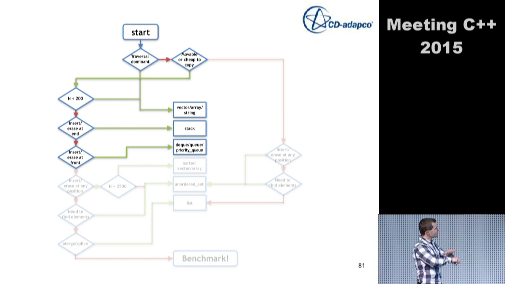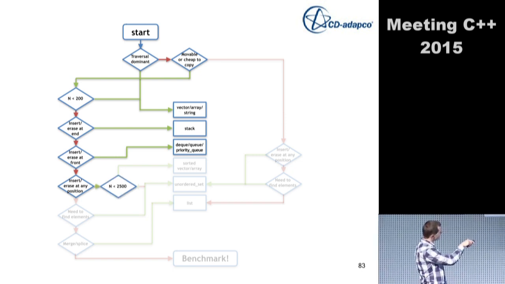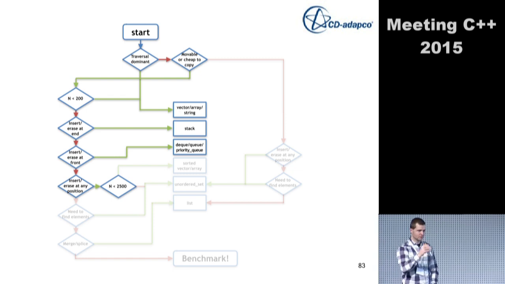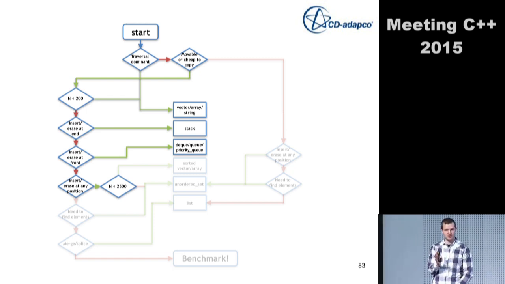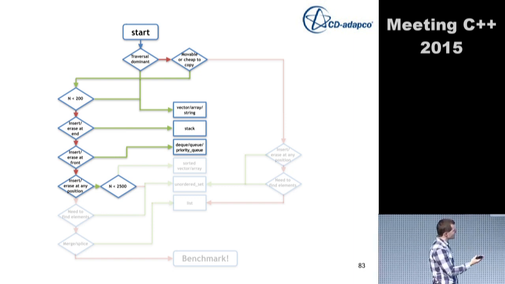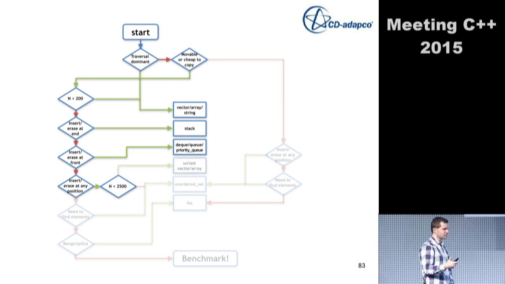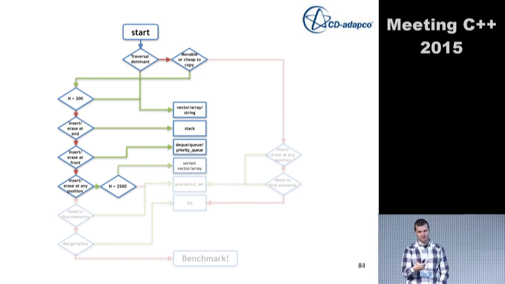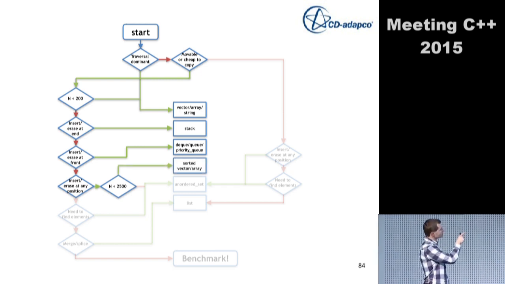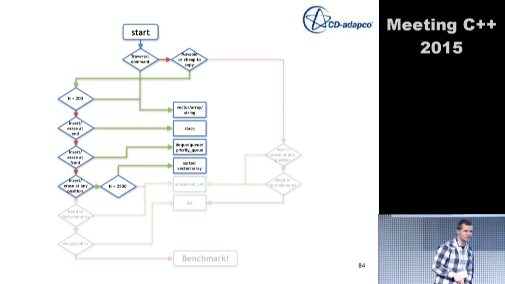If I want to insert or erase at any position, then again, I should make a decision about how many elements there are. If I still have a fairly small number of elements, 2,500 approximately, this was what we saw in the benchmarks, then a sorted vector or array might actually do the trick. This is something that I came up with very quickly. You saw that sorting a vector works very well, and no other container can beat the lookup performance. However, if we have more than this, definitely you should use an unordered set.